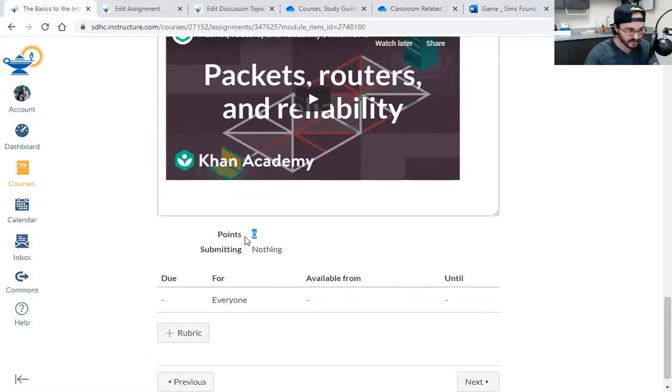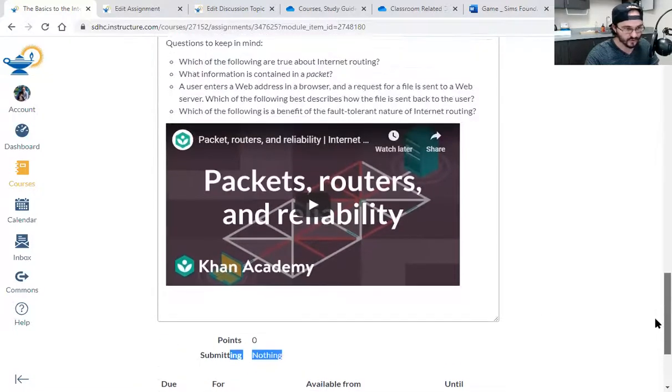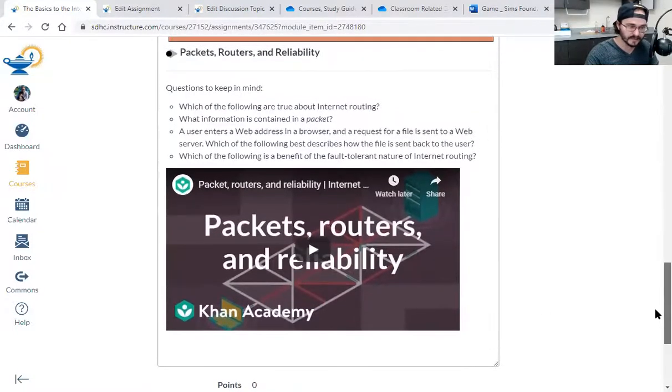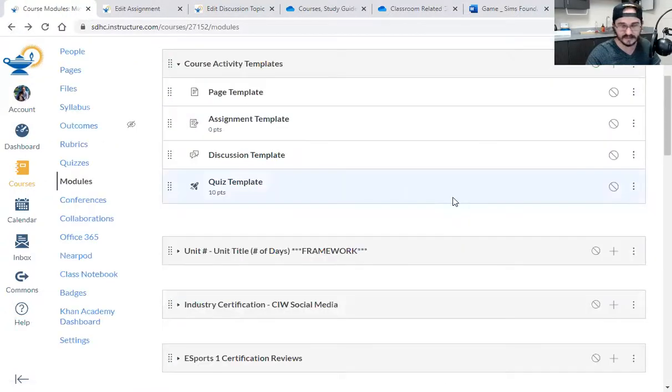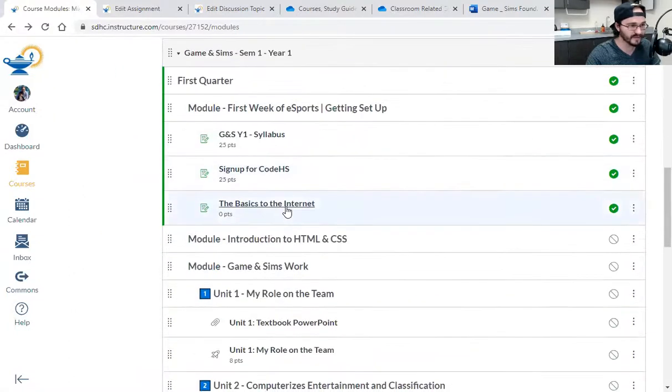but you'll see that this is 0 points. There's no submitting. And the reason for that is my idea was I was going to create a quiz on this one. I was actually going to create another assignment that follows this quiz, which was going to be listen to me talk to you about what we've learned. So I was going to teach them about how in the internet, this actually might be useful for you guys. Think of it as Legos, right? Think of it as Legos. There's actually good information to know. This is going to teach you something in the future.